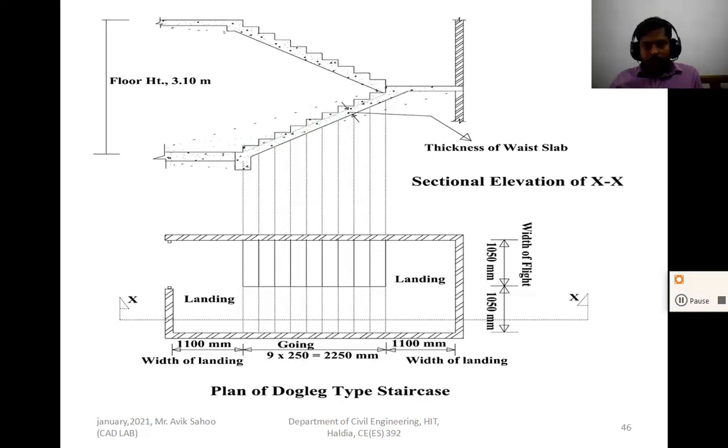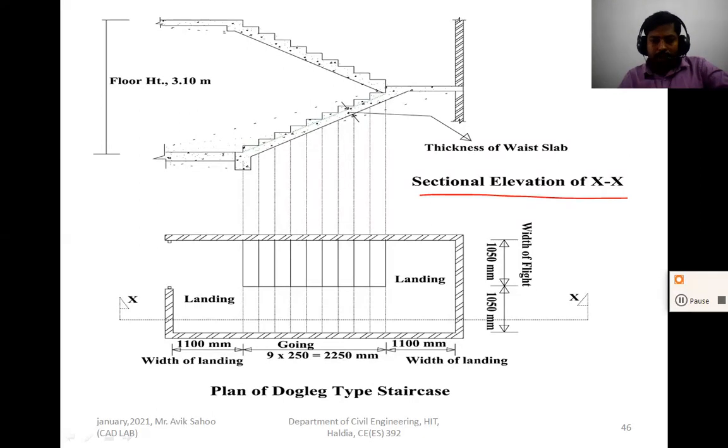Now to draw the sectional elevation, you have to consider a section. We consider the XX section. Along this line we cut the stair room, and the projection is drawn on a vertical plane. The elevation is the vertical view. So the projection is drawn on the vertical plane, and the sectional elevation comes.